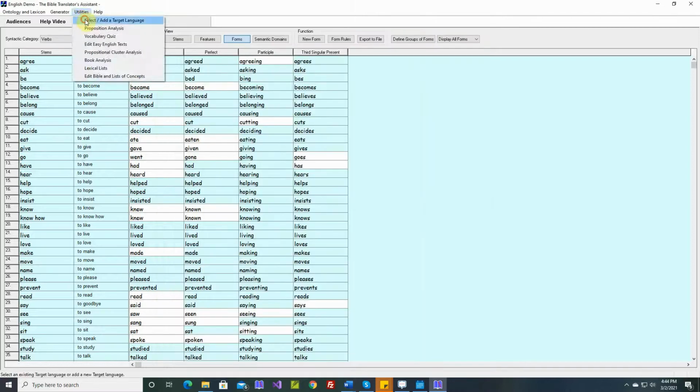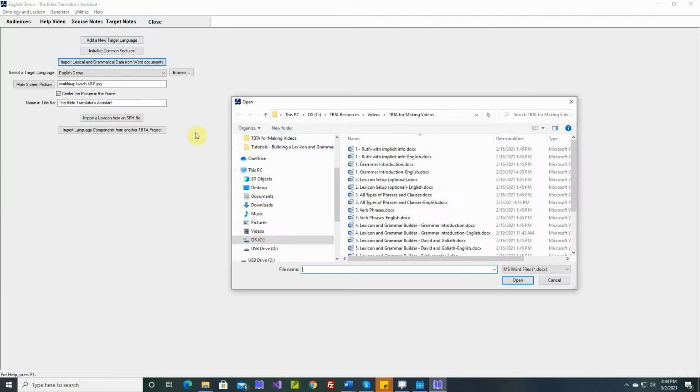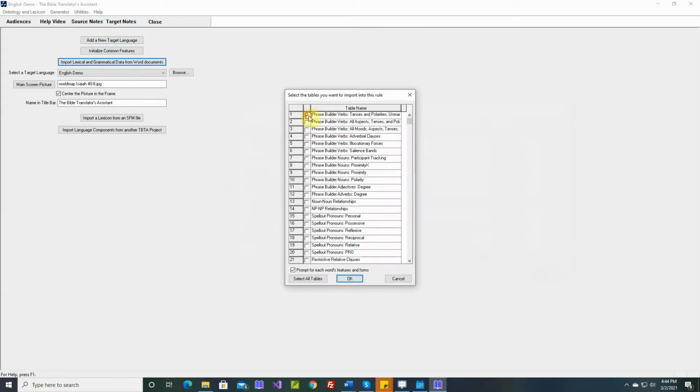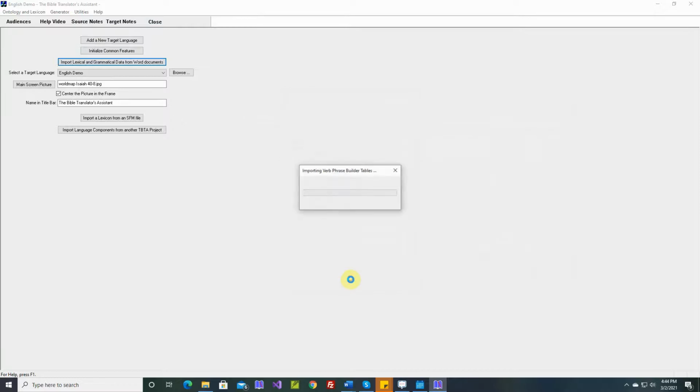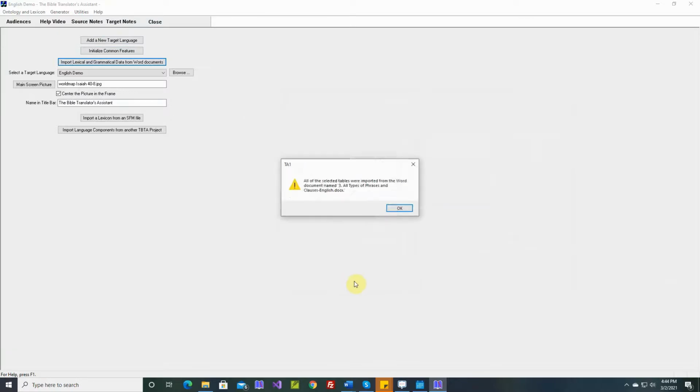So we'll go to Utilities, and this is document number 3, all types of phrases and clauses for English. And we'll select the first 5 tables. All of the selected tables were imported from the Word document. So now when we come over here,